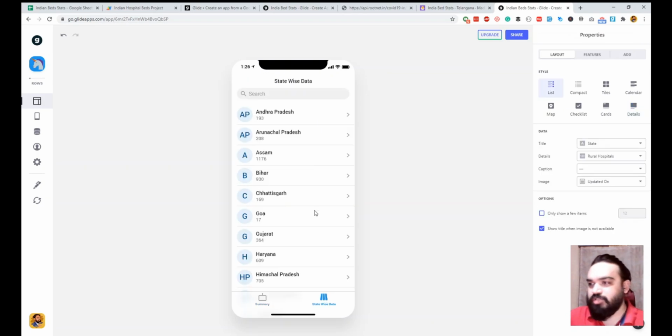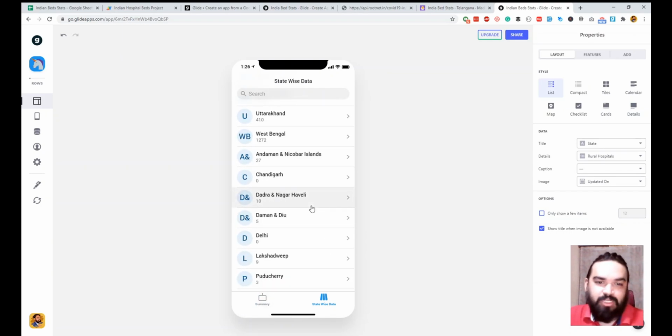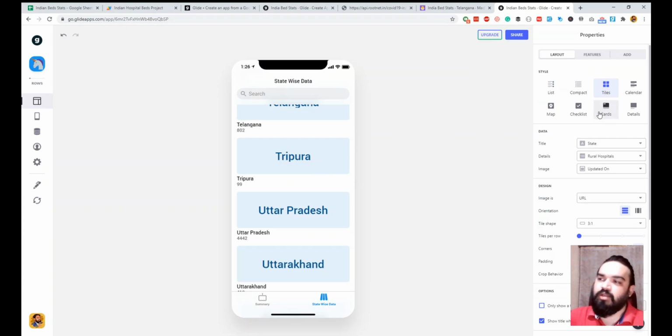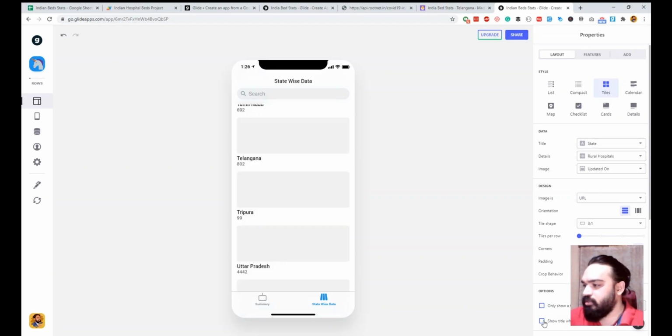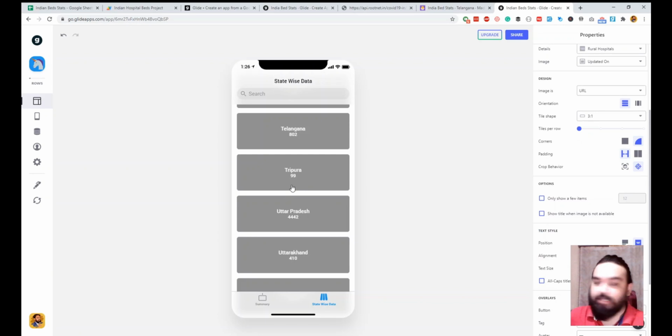So once you go to statewise here, it just loads the list by default because that is the type of data that you have. What we will do here is change this to probably tiles. I would look at how tiles looks like. Yes, tiles is okay. The title should be this. What I would do is I would hide this. And here, if you notice, you can also see where you would want to show the text on. So I will show it on the tile itself and increase the font size to large.